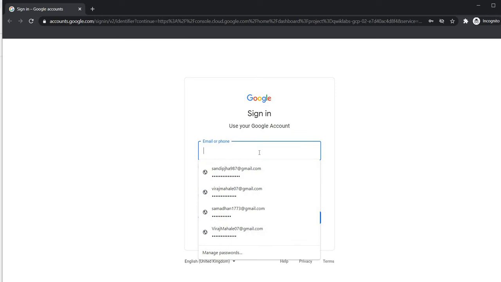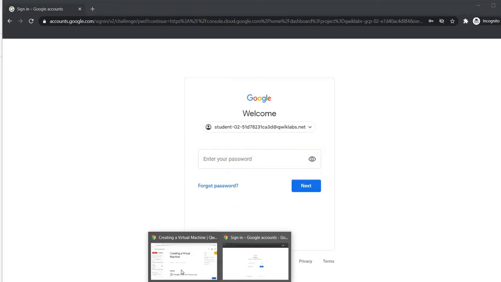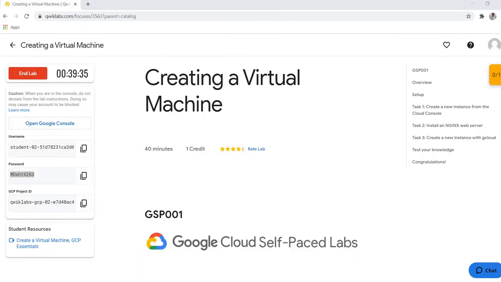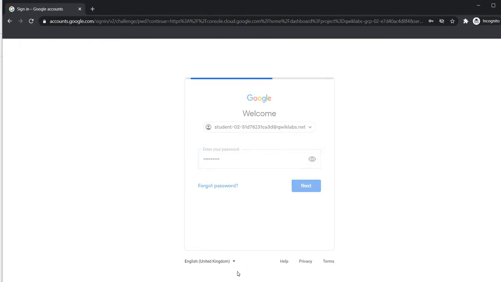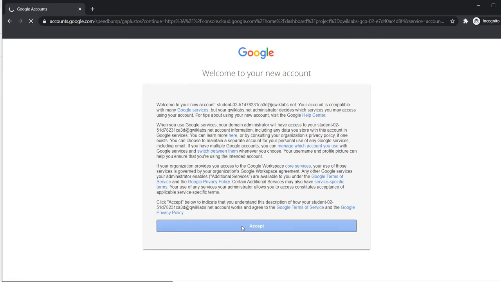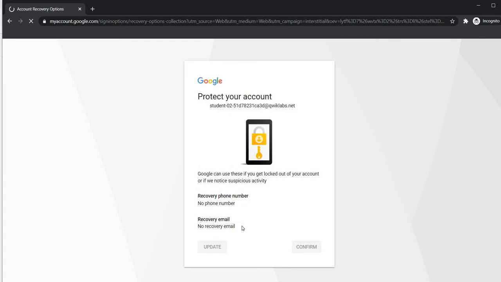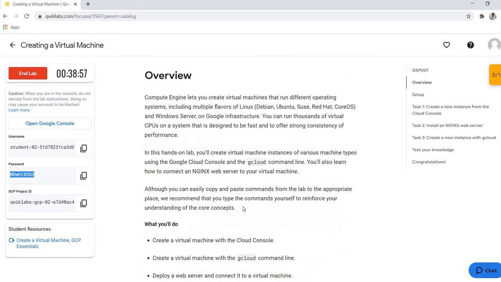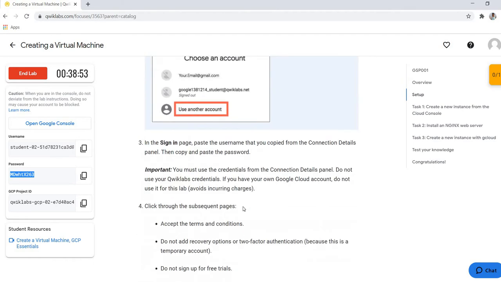Open in incognito tab. Let's see what we have to do in this lab.